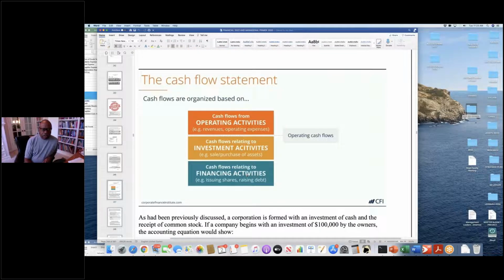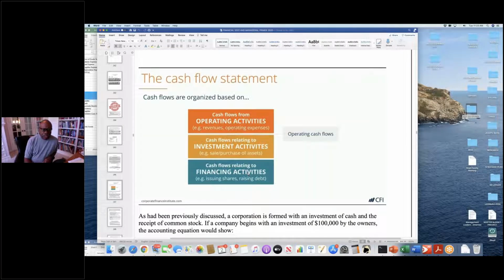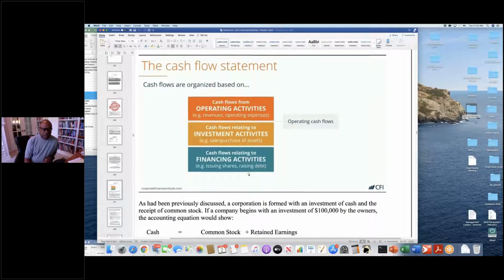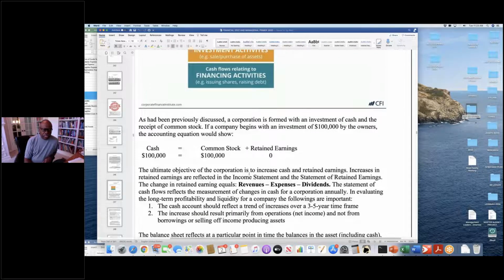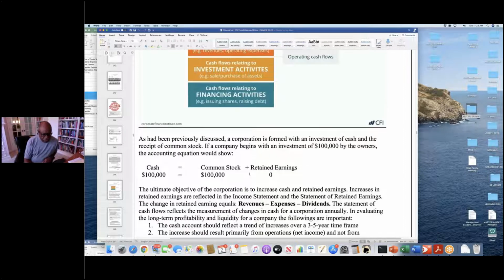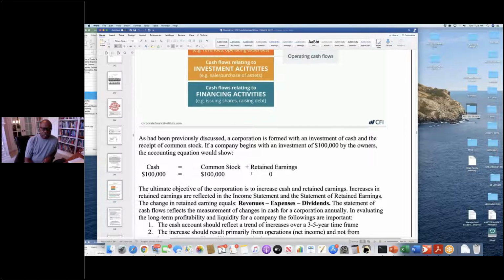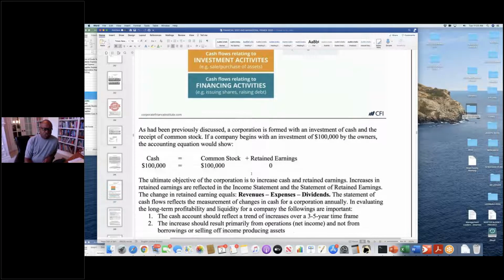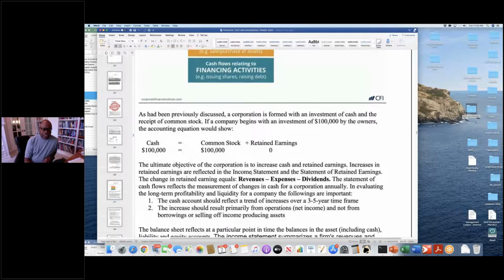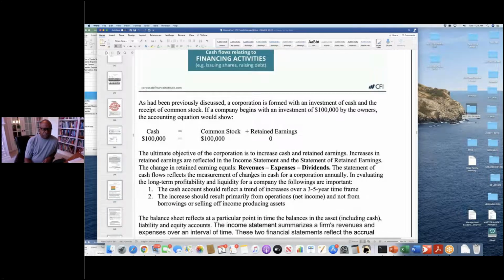We can increase cash by borrowing money. And so we always want to be aware that we've got to not only look at the income statement, statement of retained earnings and balance sheet,